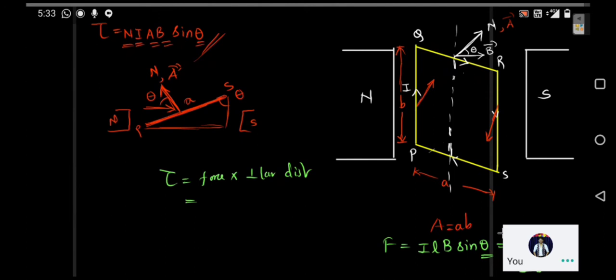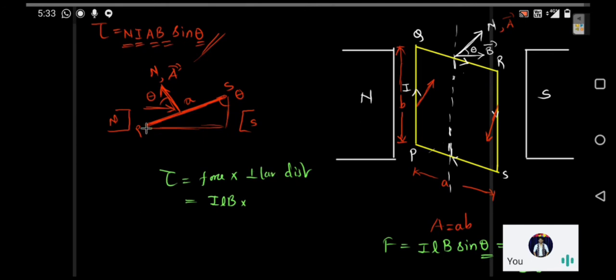So you will see that force is going to be perpendicular to the plane containing L and B. So obviously the angle between L and B is going to be 90 degrees at that point. So sine theta is going to be 1. Sine of 90 is 1 there. So if you substitute, the force is going to be ILB.